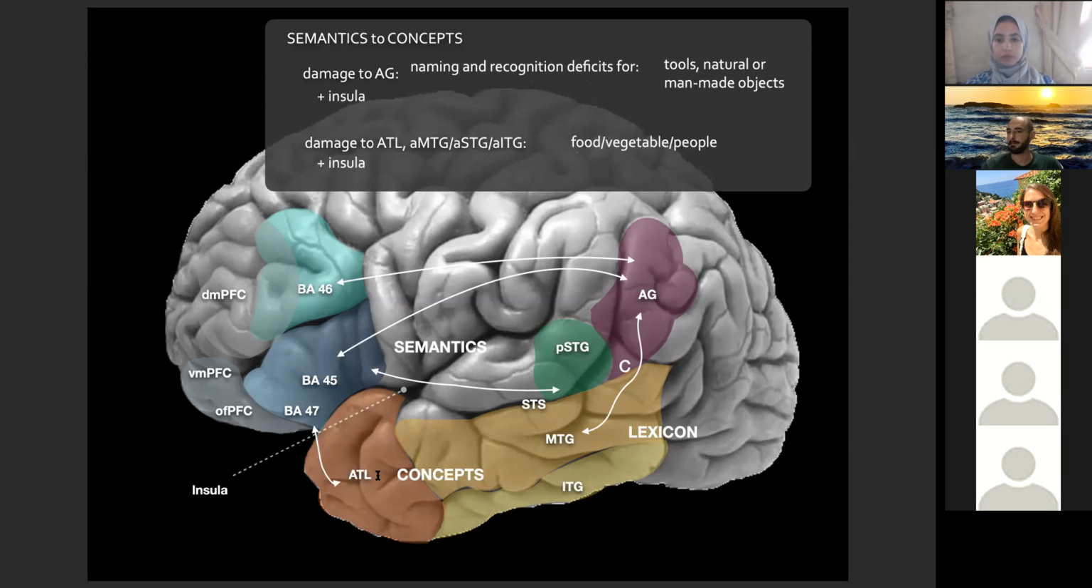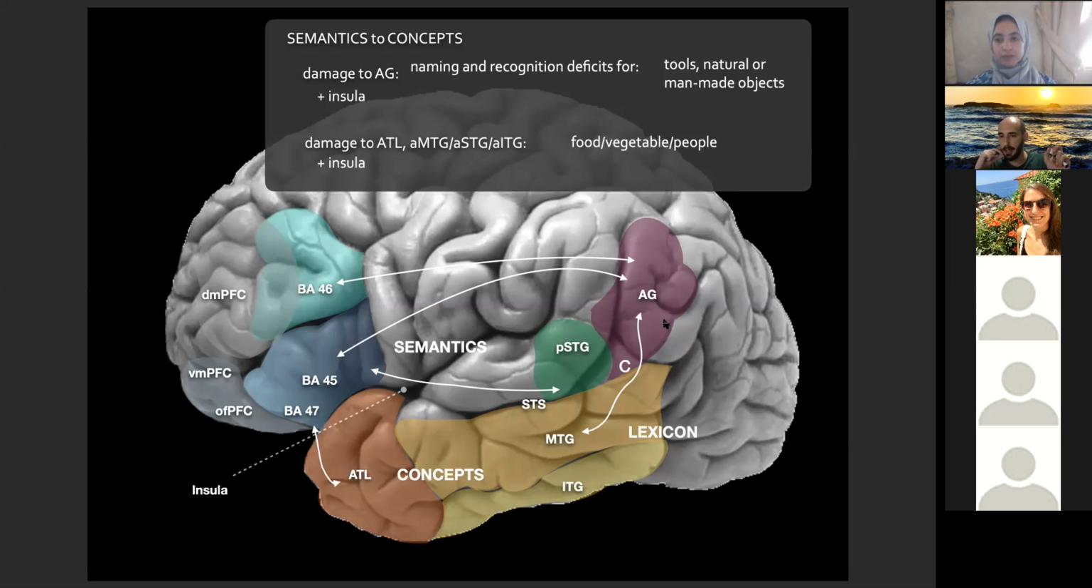Right. Also, other gradients, conceptual gradients. If you get a damage, some people claim the ATL is your conceptual hub. Here's where your semantic memory, where your concepts are, okay? But then, guess what? If you have a damage to your angular gyrus, you're going to have some conceptual deficits measured in difficulty at naming things, but also at recognizing things, okay? The difference between naming and recognition is that recognition, for instance,